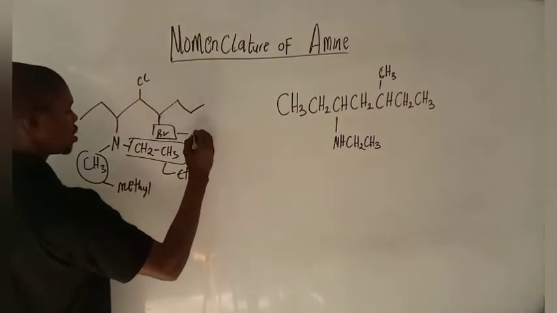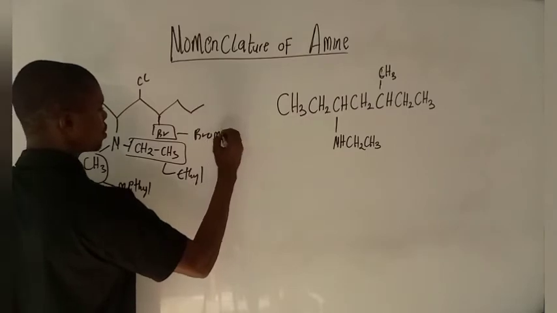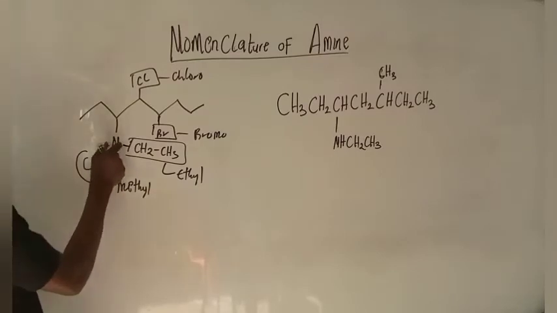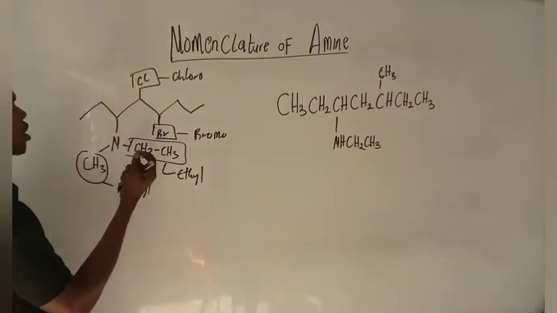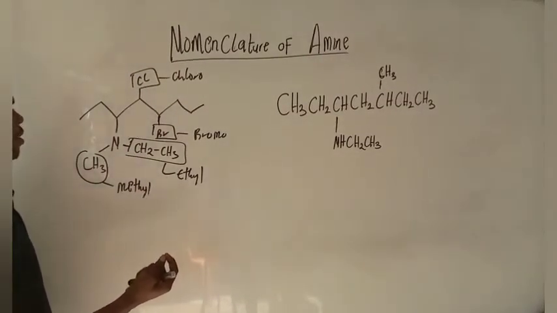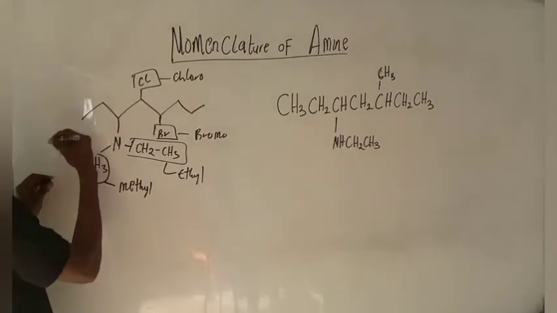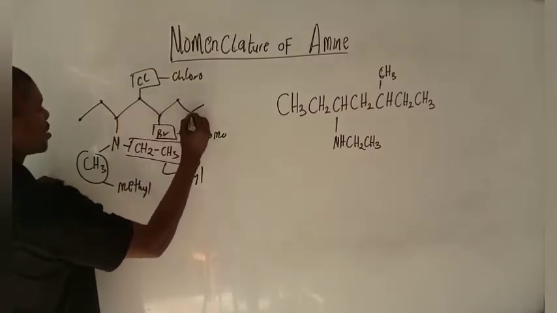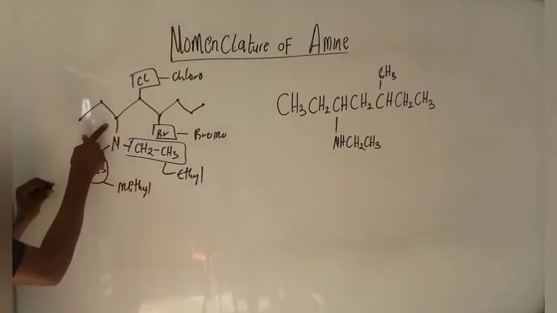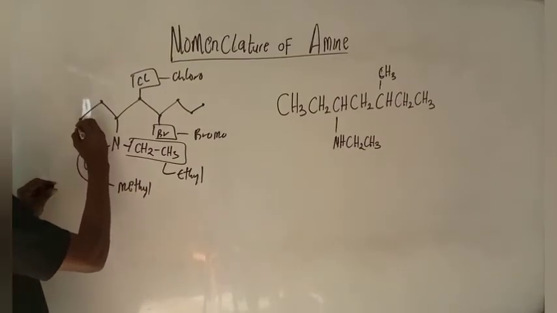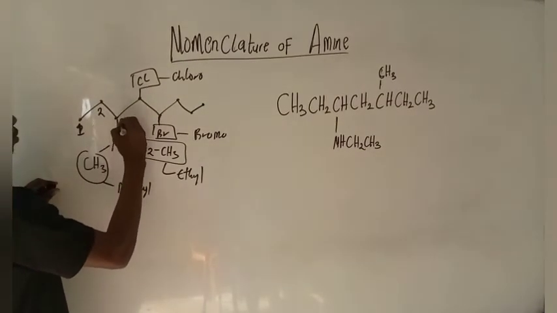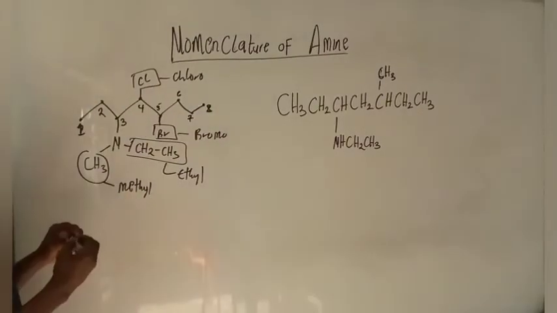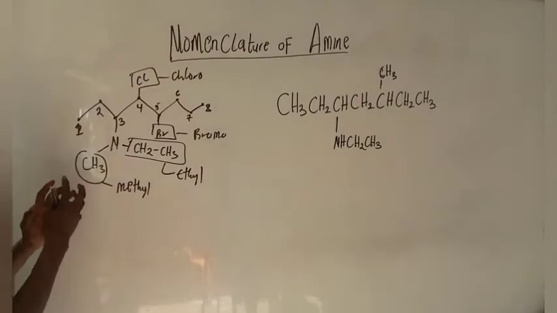Then this one is bromo. Then chloro. So remember, this one is the functional group, right? The functional group must have the lowest possible number. If you count the chain, how many carbon atoms do you have in the chain? 1, 2, 3, 4, 5, 6, 7, 8. So I can't number from 3. It's going to be 1, 2, 3, 4, 5, 6, 7, 8. You get. So the parent's name is going to be